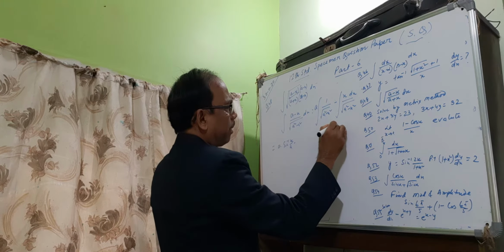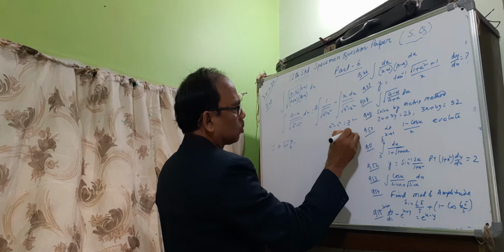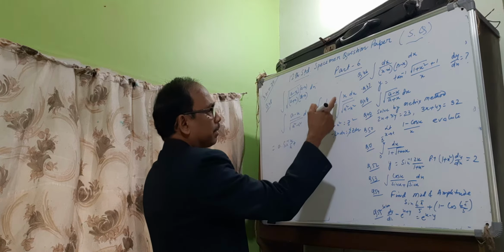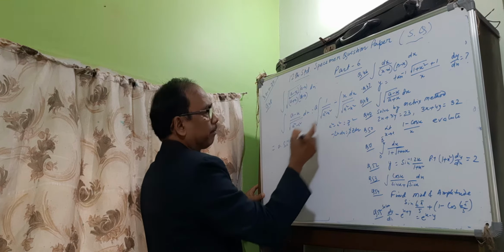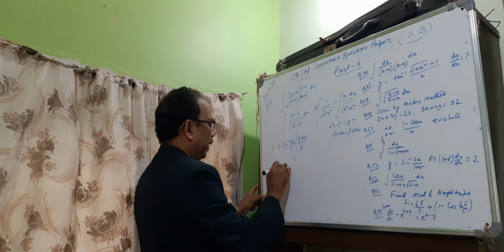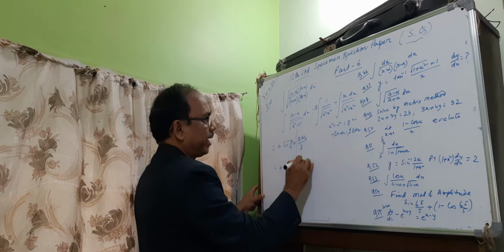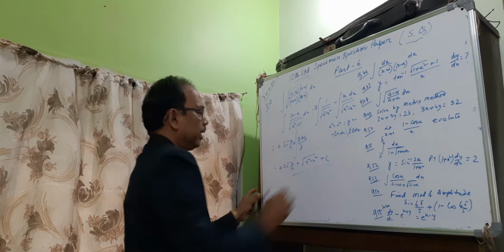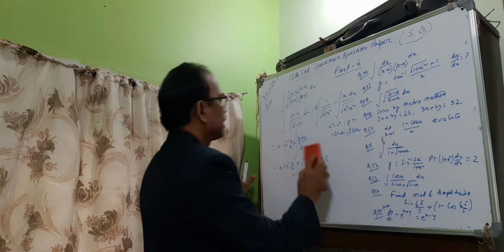Put a square minus x square equals z square, that is minus 2x dx equals 2z dz. Cancel, this should be plus, minus x dx is z dz, z dz by, this is z square means only z, that is a sine inverse x by a plus z, z means root over of a square minus x square, plus c. That is the answer of the given integration. Next, sum number 49.